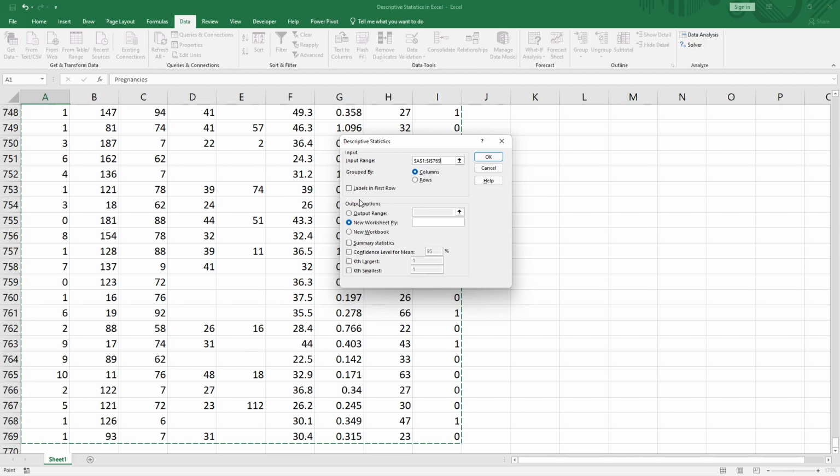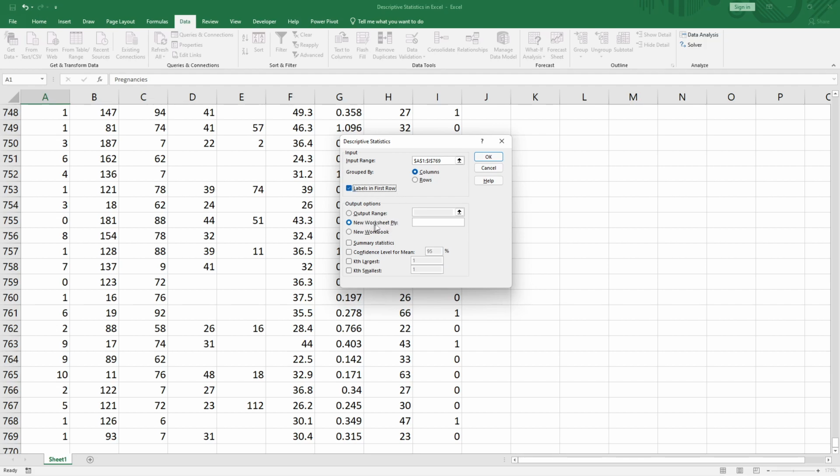This was the first option, that is the input data that I need to give in this descriptive statistics calculation. There are labels in my first row, that means I have headers. And what does headers mean here? On my first row I had pregnancies and various cells filled with text instead of data, and those are the labels. Labels are those that actually give a name to this data. Since we have the labels in the first row, we will select this option.